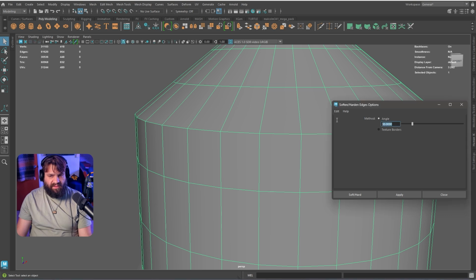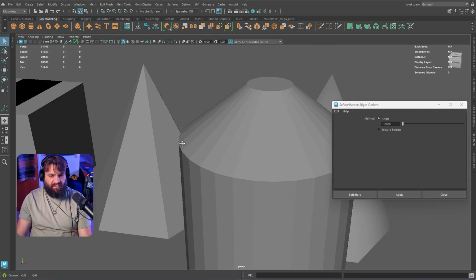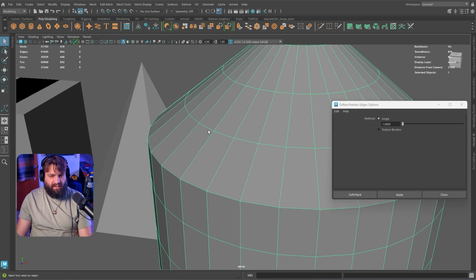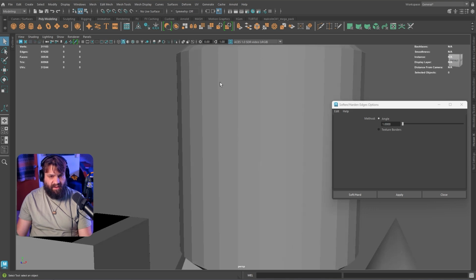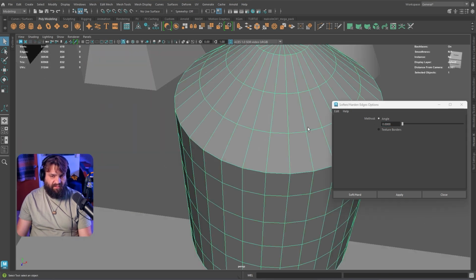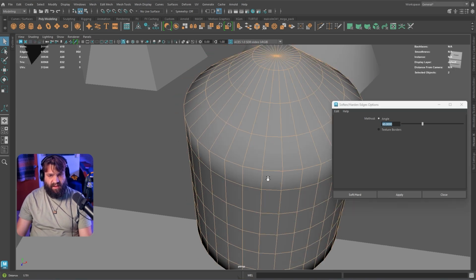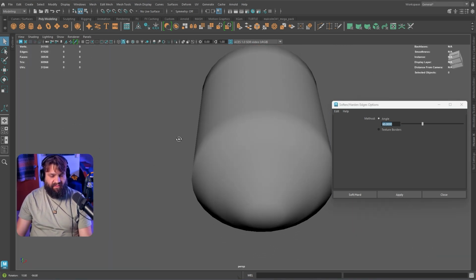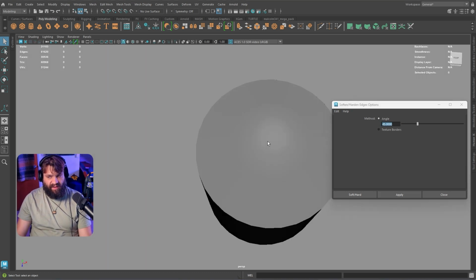So if I put a number to 1, it's going to make everything very faceted. But as you can tell, this one and this one has been softened, right? The only ones that have been hardened is anything in between. Just if I change that to the angle of 1. So if I go again, say something like 60, apply, you can see everything has been softened now. So if I go 45, apply, okay, so these have been softened,